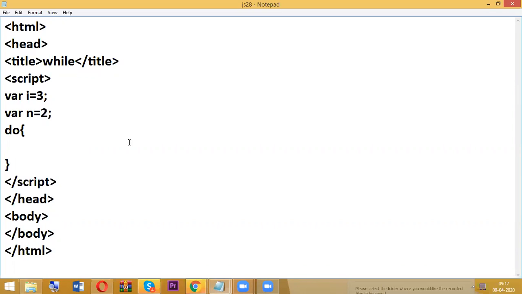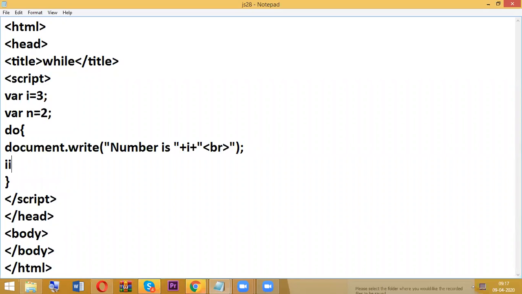Now what happens here? document.write, we are going to print the i value: Number is i. If you want, you can increment or decrement, so I am going to increment by 1. And after this, the condition is i less than n.